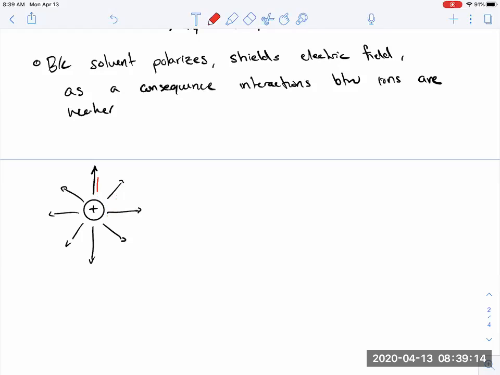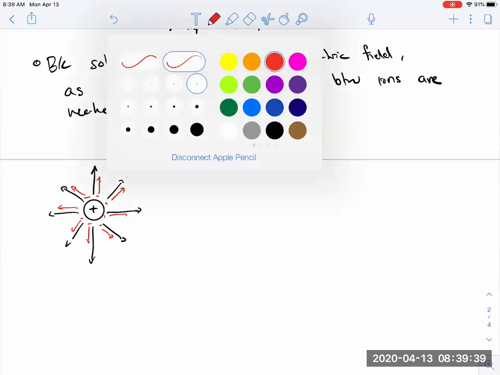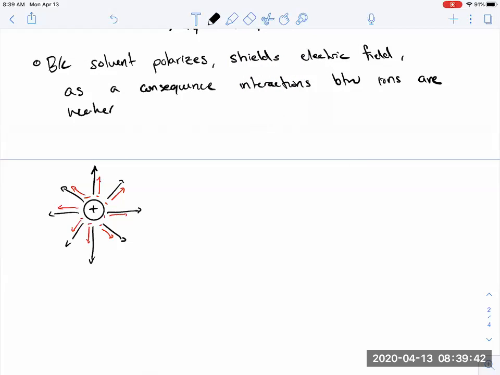I'm drawing these all backwards. The solvent polarizes, bringing some amount of negative charge as they align with that electric field. And as a consequence, the effective strength of that electric field, the magnitude, is decreased. And that's true of a cation, or if we were to draw the same setup with an anion,